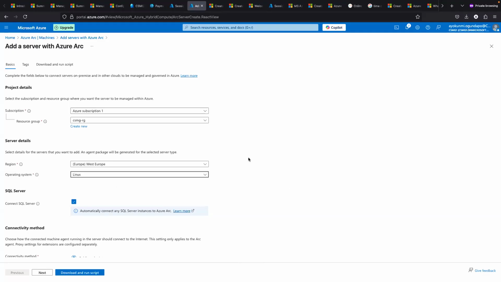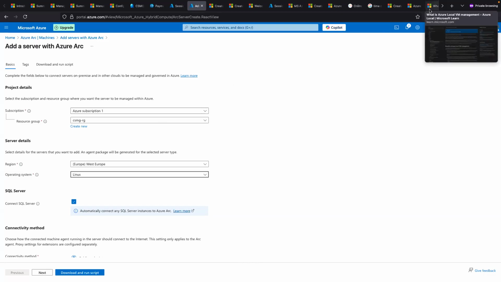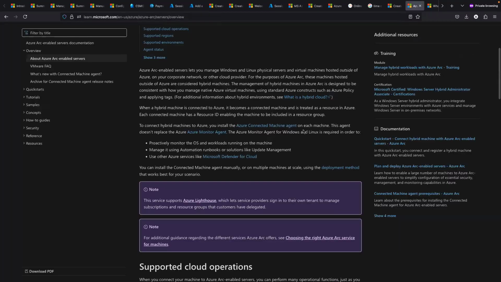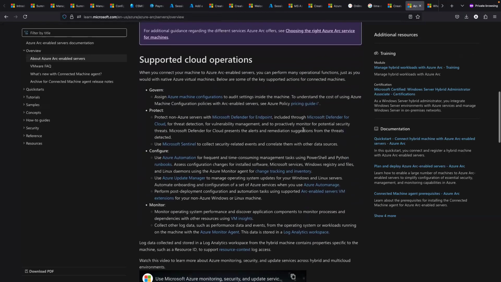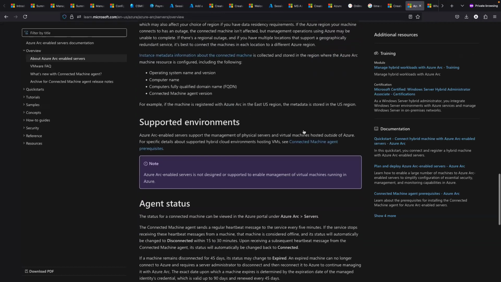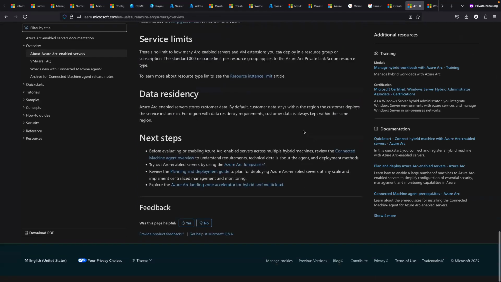Now for your Metasploitable, it is a Linux. I believe I also shared a link on Azure Arc here. I recall I shared this link on the call last week. So basically